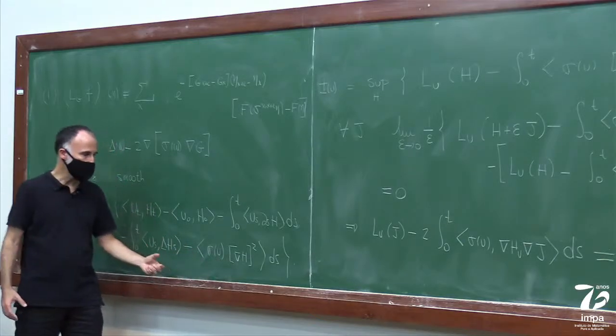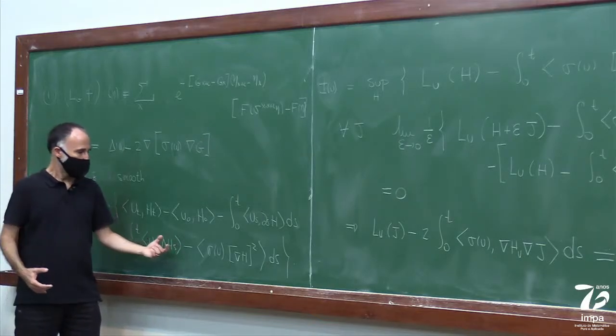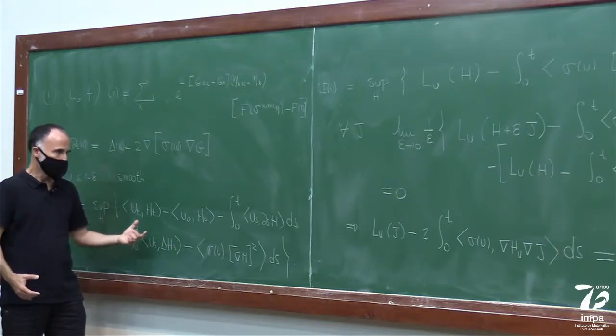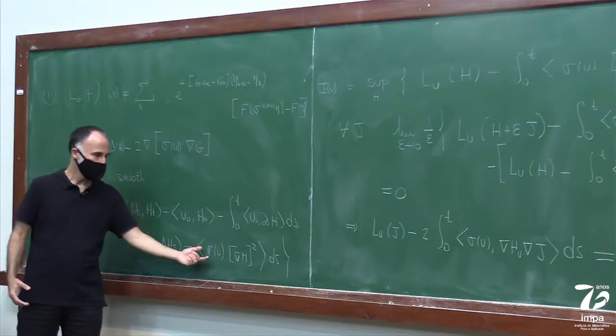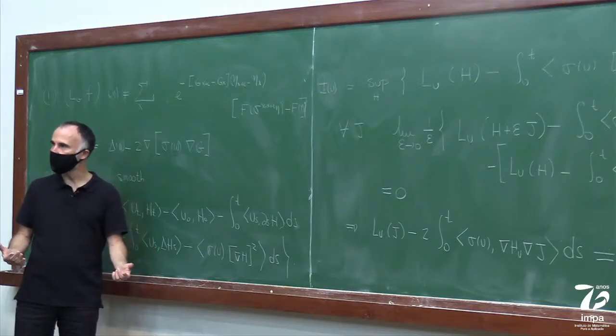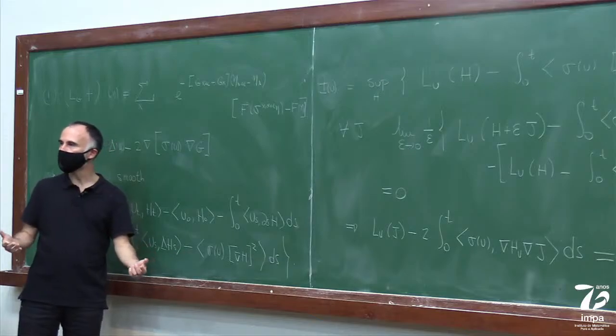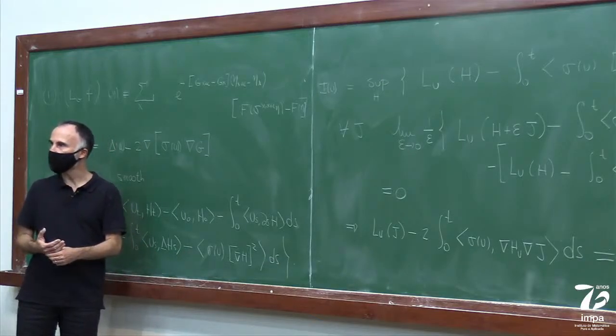So this is telling me that the function u, it's like a Schwarz inequality. It's telling me that 1 over sigma of u will be finite. So the integral of